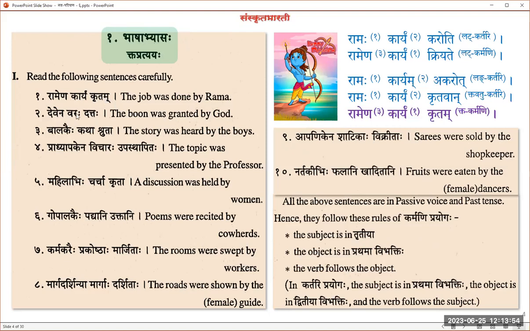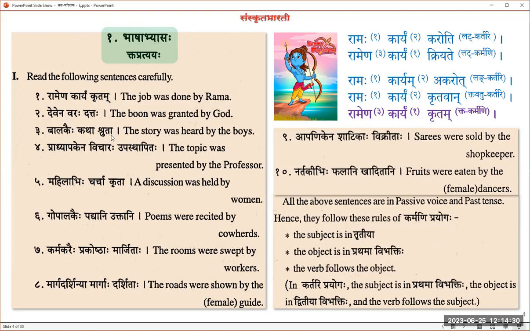Devena varaha dattaha. By the god, the vara was given, masculine in Samskrita: varaha dattaha. But you see the karmani, by the Deva is the one who gave. Vara was the thing that was given. So that's why it's karmani prayoga. So karmani kridanta, bhuta kridanta, because 'was' is there in the sentence. See, was given, was done. So bhuta karmani kridanta, we call it simply. But as a visheshana, it will have a kartari sense also. You will see that.